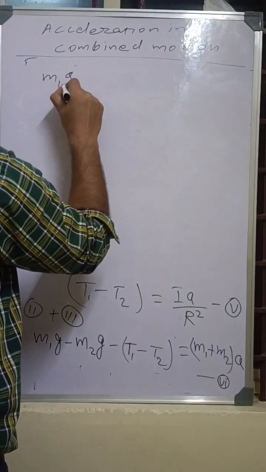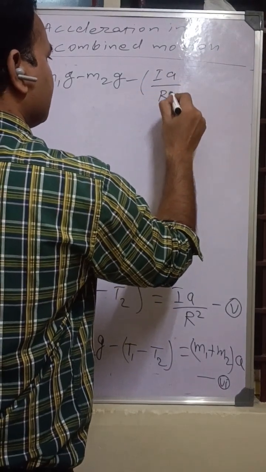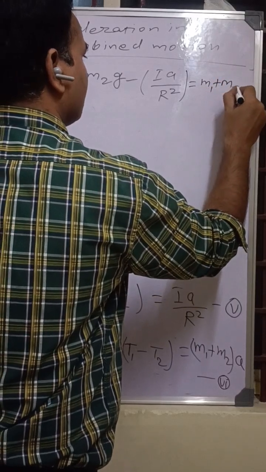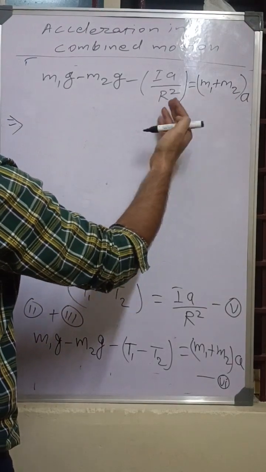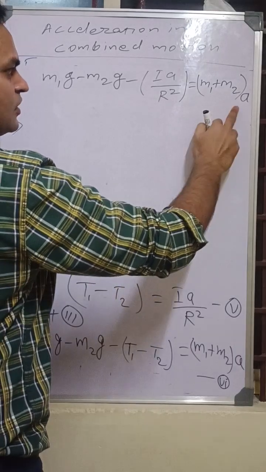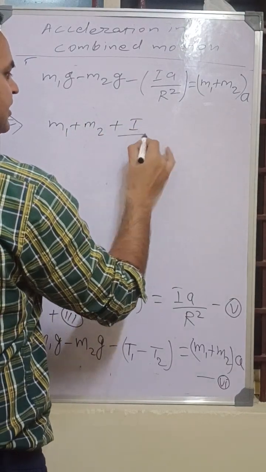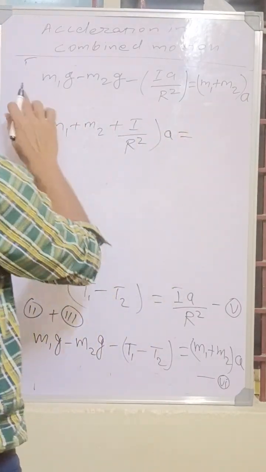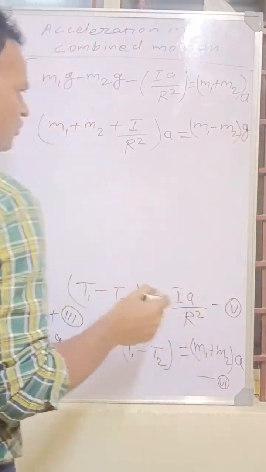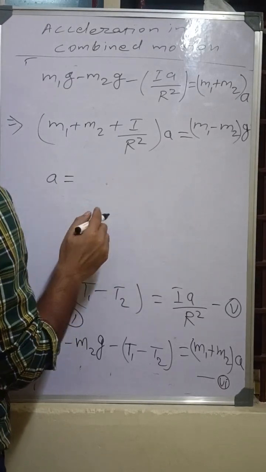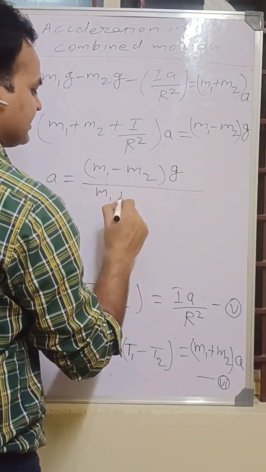So we will have M1G minus M2G minus (T1 minus T2) is I A by R squared equal to (M1 plus M2) into A. Okay, so we can take this term I A by R squared from LHS to RHS, then the RHS term will come as I by R squared into A, and the LHS term will remain as (M1 minus M2) into G. So from here you can have the value of acceleration A as (M1 minus M2) g by M1 plus M2 plus